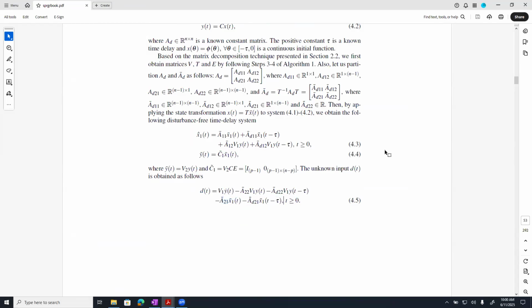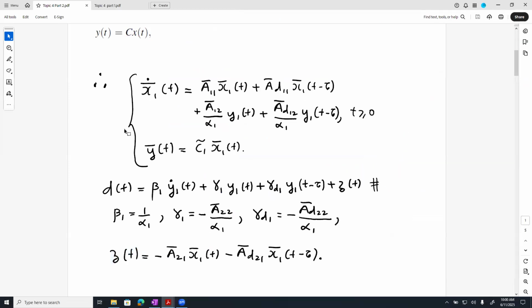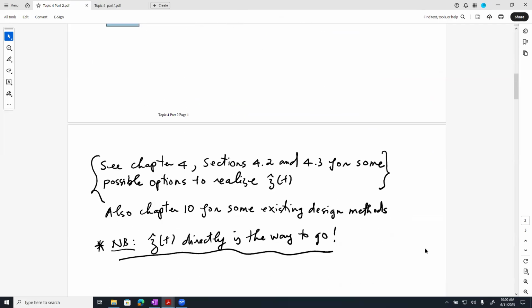Okay, so that's what we did 2 years ago, and in this presentation, we would like to give a background to it, and then give more insights into the importance and the significance of estimating this generalized functional directly. Okay, so let's look into chapter 4, and we look at some possible options